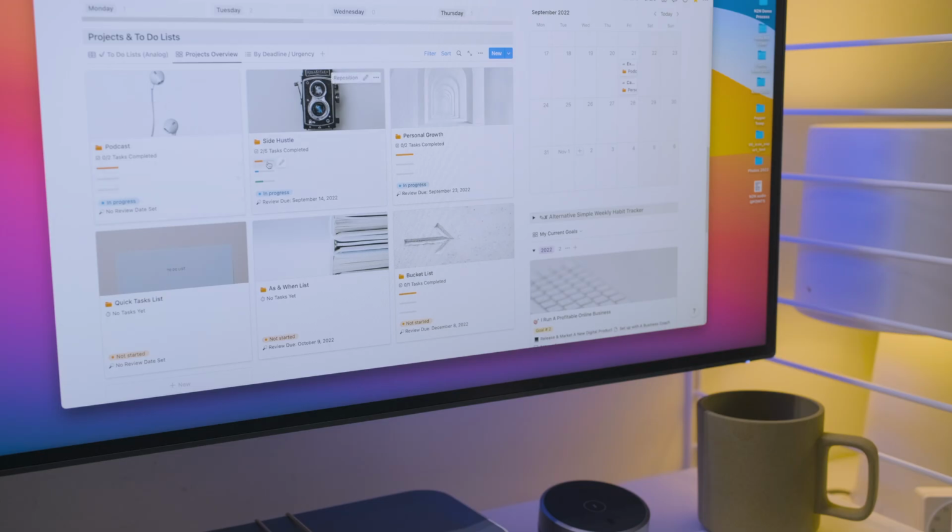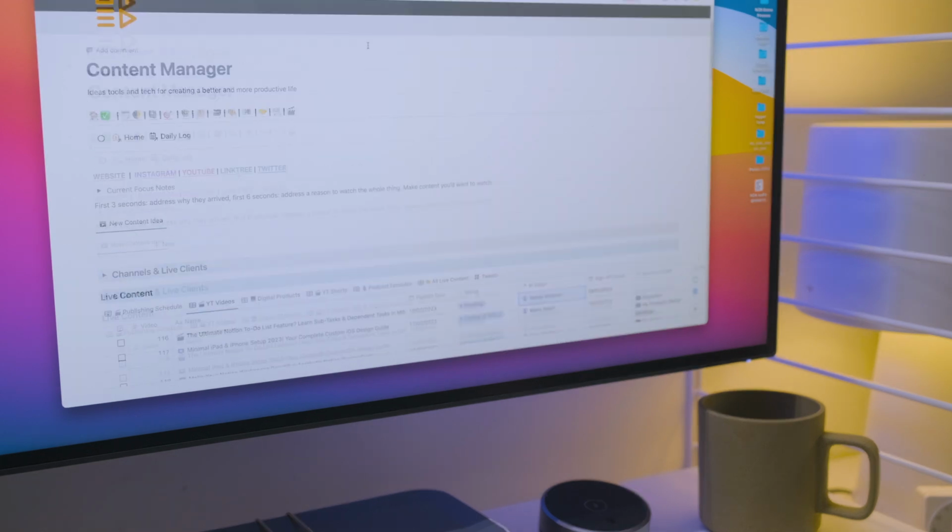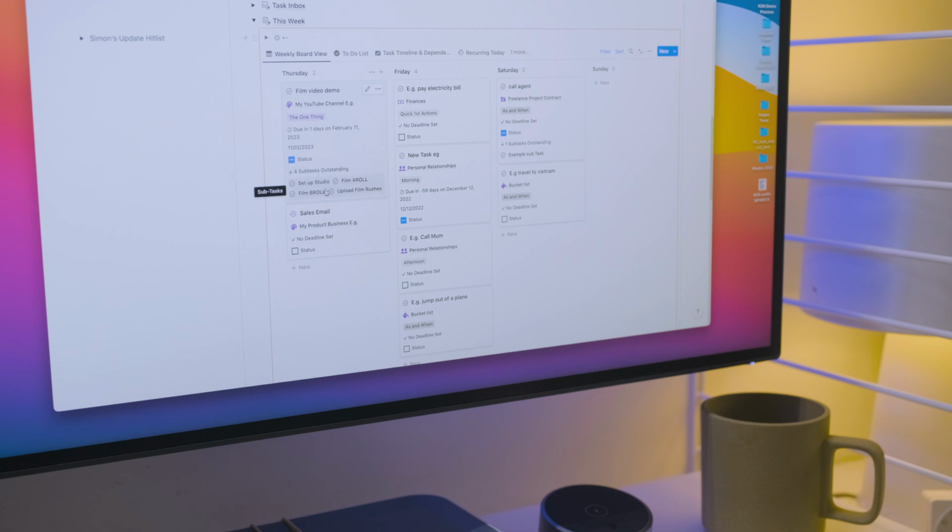So those are the basics to manage your to-do list in Notion. Of course, there is loads more that we can do with this, including things like progress bars for groups of tasks, linking it to a filtered project view, and even adding it to a weekly board view. But for